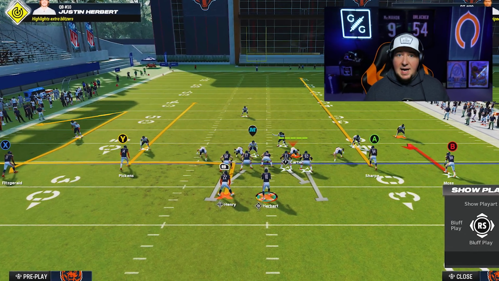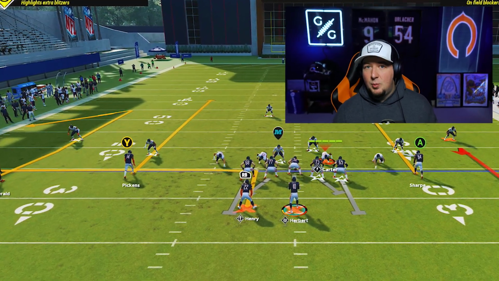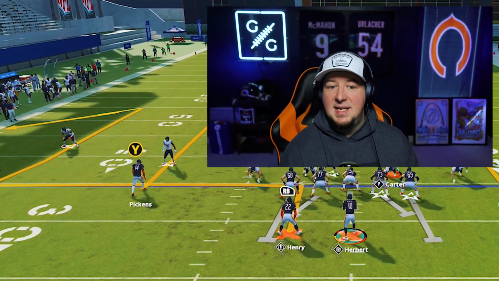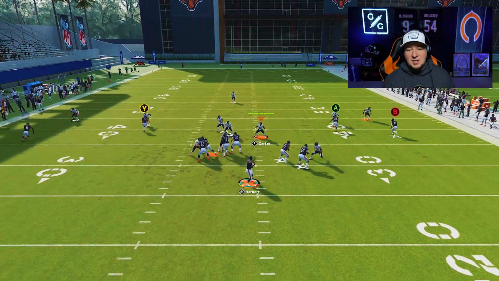This time we're going to throw it to the left side to George Pickens. Again, smart routed. The route is about 30 yards. So if you're spotted here on the 35, you add another 30 to that. It's going to take you to the opposite 35, give or take, is where he's going to start to slow